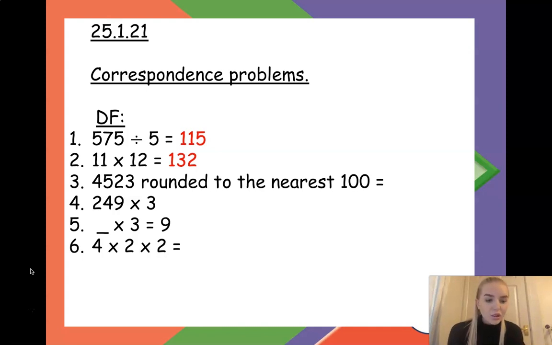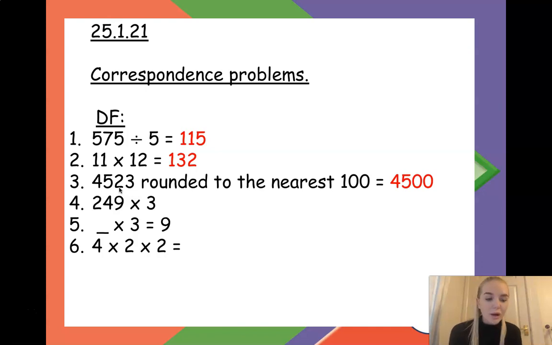Number 3, 4,523 rounded to the nearest 100. Well, we know that we are looking at this digit here, the 5, representing 500. We then can look at the 2. We know that because it's a 2, we are rounding down to 500. So the answer is 4,500. Number 4,